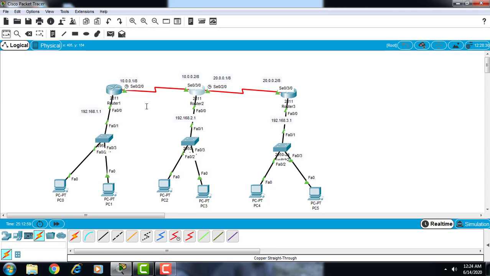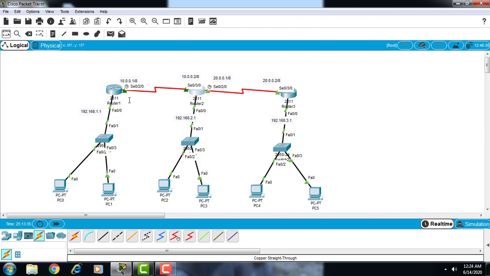And CHAP means challenge handshake authentication protocol. Router 1 gives a challenge to router 2, then router 2 replies to this challenge and gives the feedback in hash format. Router 1 gets that hash and checks it, and if it matches its own entries, then it gives access to router 2. So these are the two methods, PAP and CHAP.